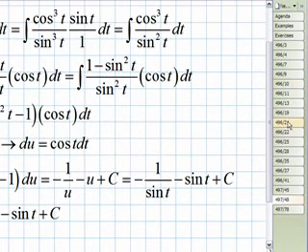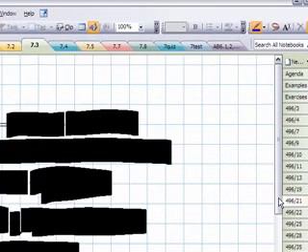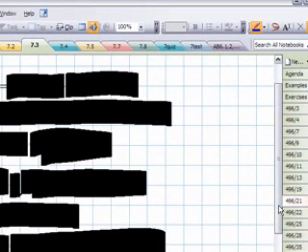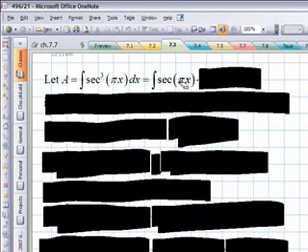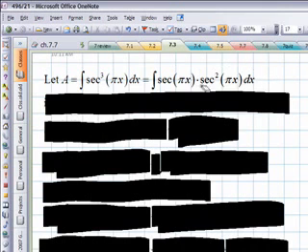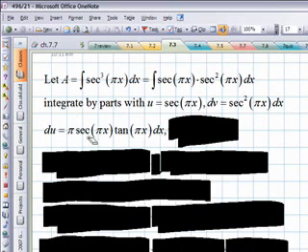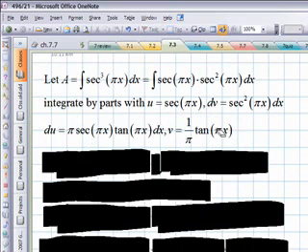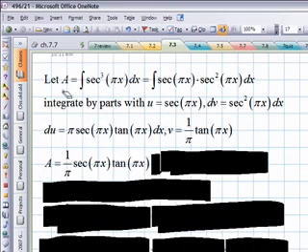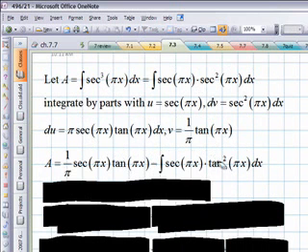Last one, more going on here. Integral of secant cubed, and we've got the pi that's going to add a little bit to it, but the main thing is the fact that it's integral of secant cubed. A lot goes on in this one. So first of all, I'm going to let this whole integral equal A. That'll be useful later. So I split off one secant. So I've got secant times secant squared, and I'm going to use integration by parts. Integrate by parts, this will be my u, the rest is my dv. So therefore, du is all of this. This is involving chain rule. And v then is 1 over pi tan pi x. So it's uv. So A again is